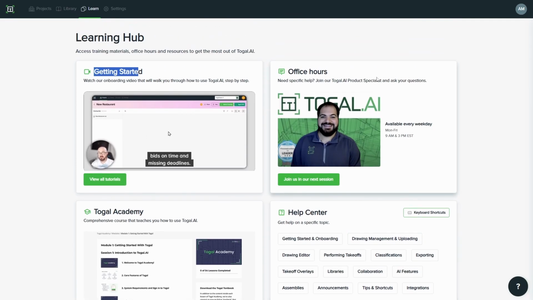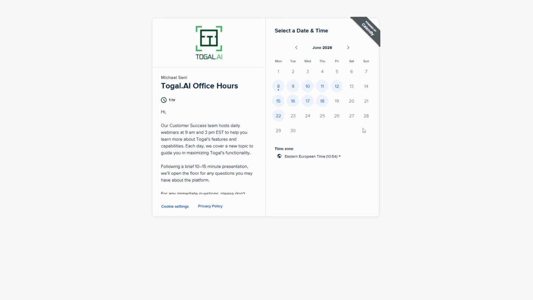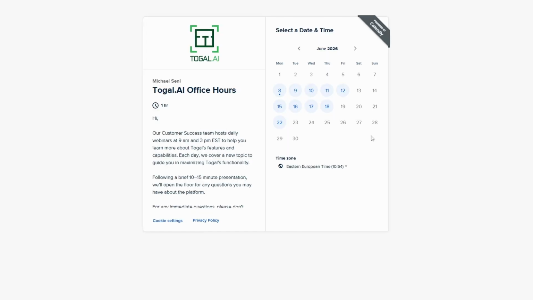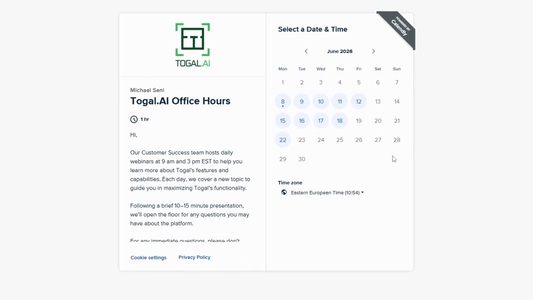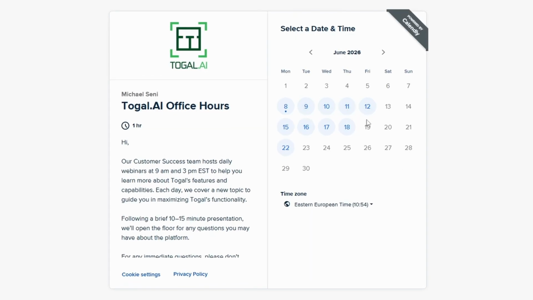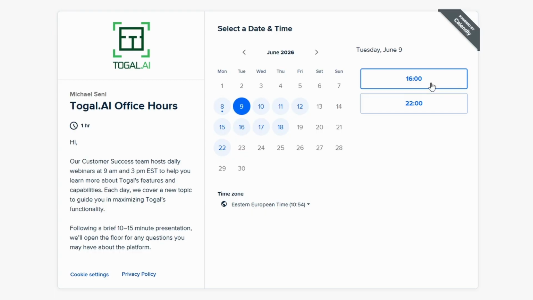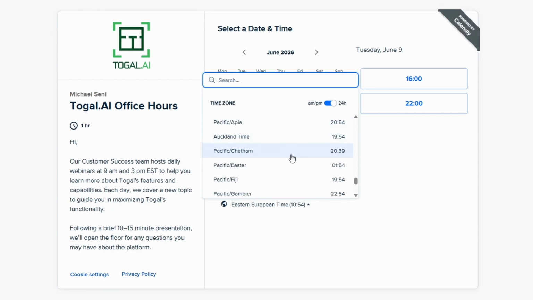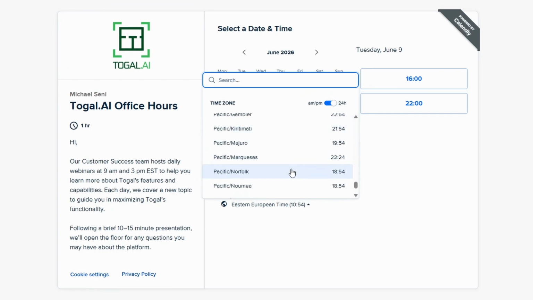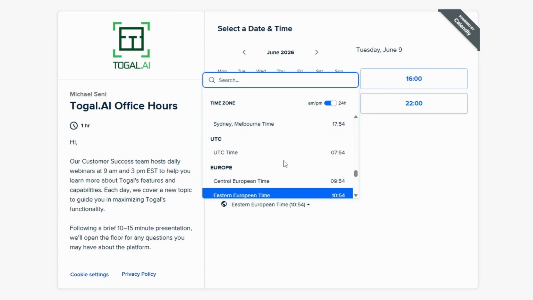Also, there are office hours. These are free to join sessions to watch one of Togal's tutors introducing some features to the beginners. These sessions are held every day at 4 p.m. and 10 p.m. based on the Eastern European time, and you can select other time zones as well, depending on